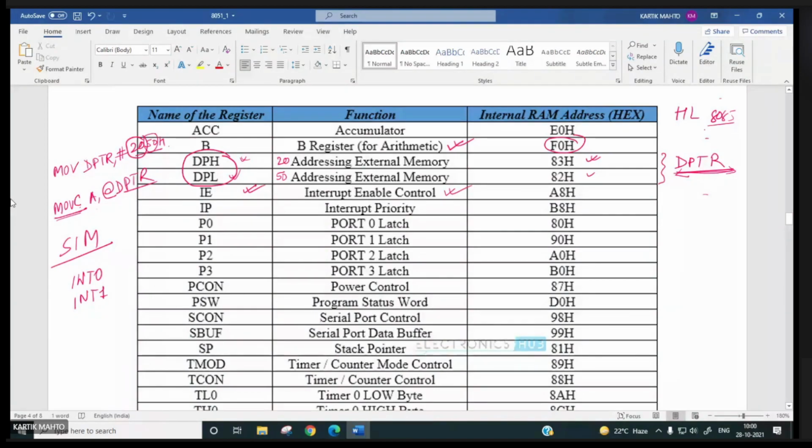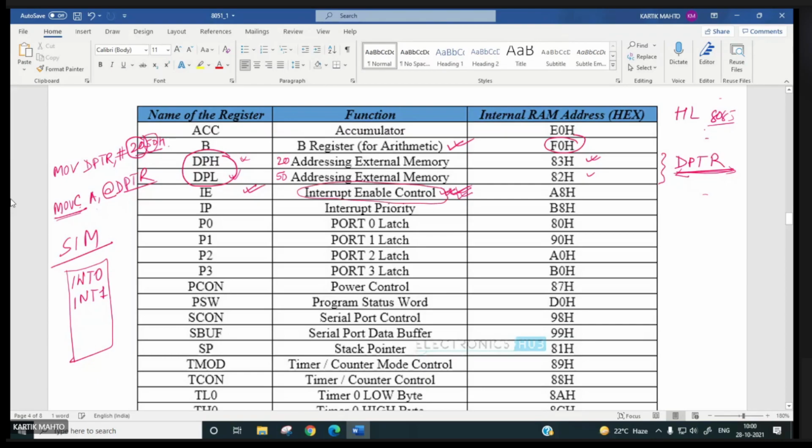So all these will be over here in this interrupt control register. Which interrupt you want to mask, which one you want to unmask, you have to set and reset these bits in this register, the interrupt enable control bits.